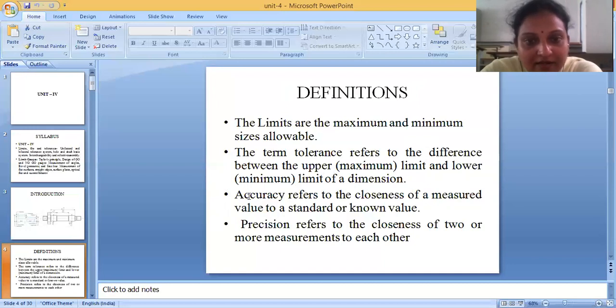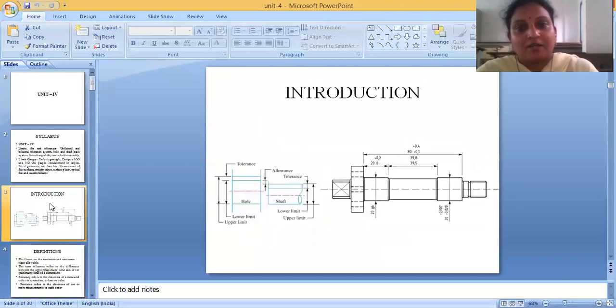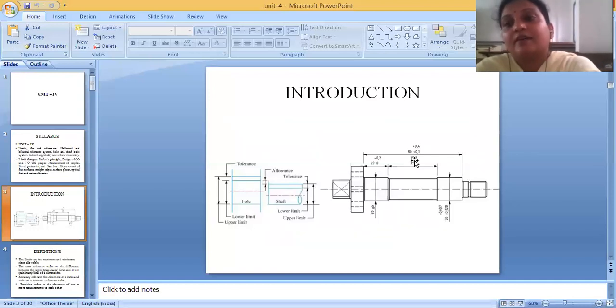So here you have another thing which is called accuracy and precision. Now let us look at what is accuracy and what is precision. Okay, let us take the same example. So accuracy is how close you are to the required value. Here the required value is 80. So how close you are to this value 80 is its accuracy.